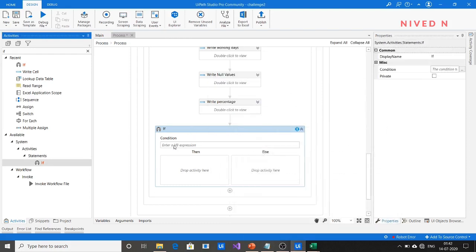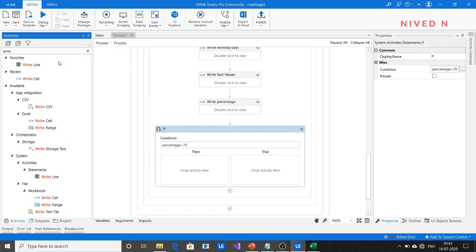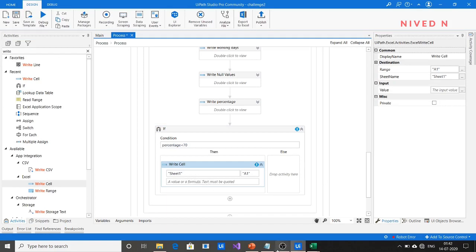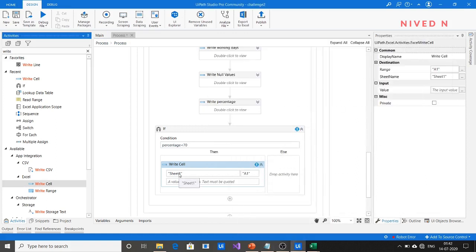So first specify percentage less than 70. When percentage is less than 70 what condition should you provide? You have to write in the feedback, you have to provide as average. So just specify it as average itself.